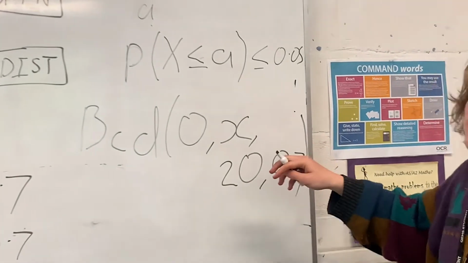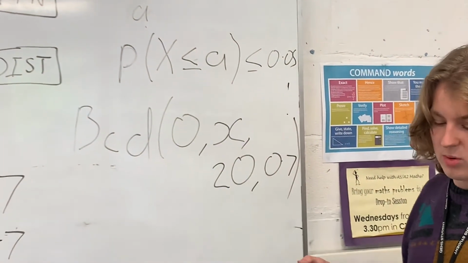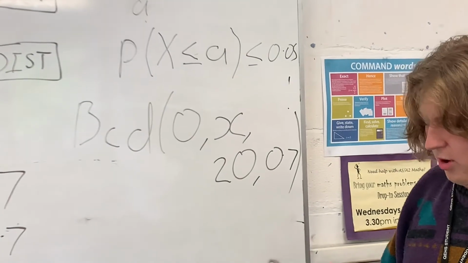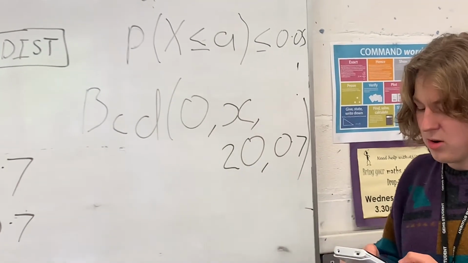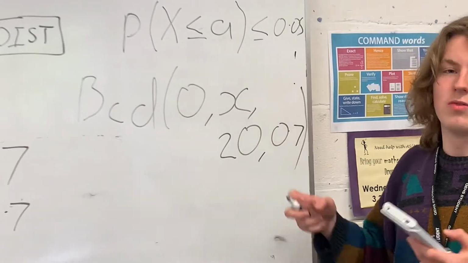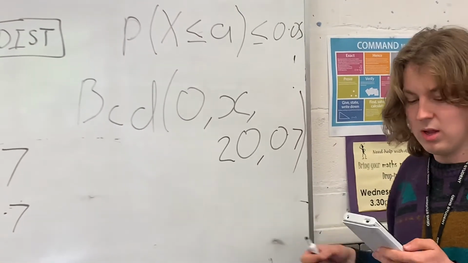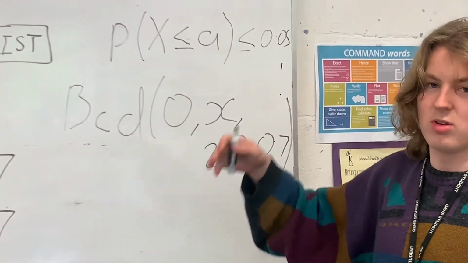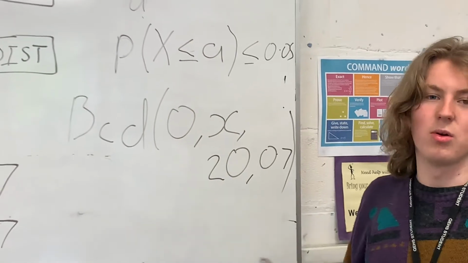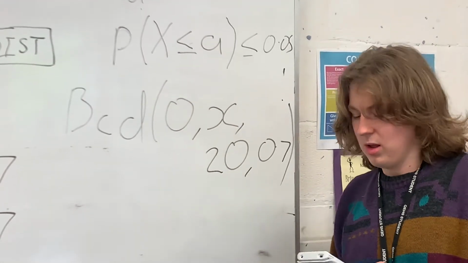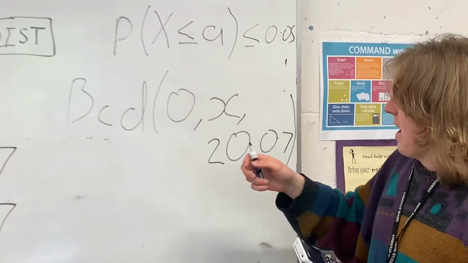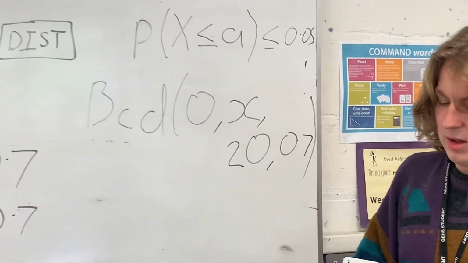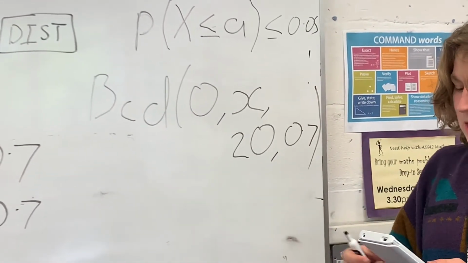Now, it doesn't know which values of x you want it to use, so to do that you want to hit set, which is F5. You want to start at 0, you want to end at 20 because you've only got 20 in your sample, and you want a step of 1, that means that you'll only get integer values, which is the only values that it can actually find statistical values for. Now, you just want to hit F6, it'll take a little while,